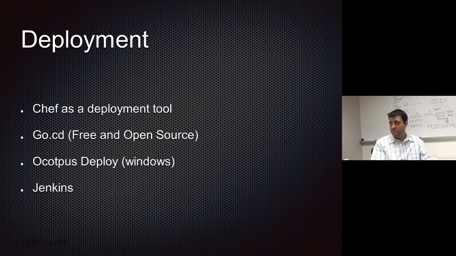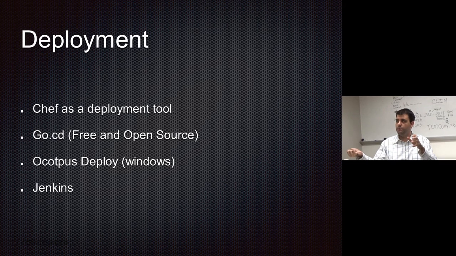For deployment, there's a number of tools. You can use Chef's deployment tool. In fact, at my current job, that's what we do: we create a series of Chef scripts, and that's what does the deployment. GoCD is another option that you can use as an orchestrator and deployment tool. The way GoCD works is through a series of agents, and depending on what environment and which pipeline they're associated to, they grab the configuration for the environment variables